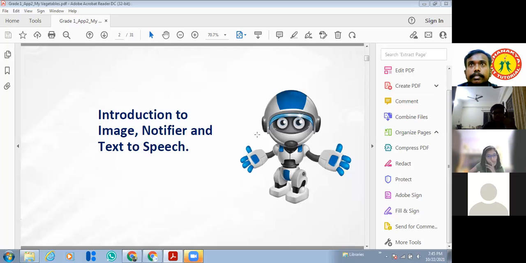Okay, so in the meantime, students, you just send your mail ID in the chat box. I will send some files. You can download those files onto your computer. That will be useful for doing this app. So one by one, send your mail ID in the chat box.